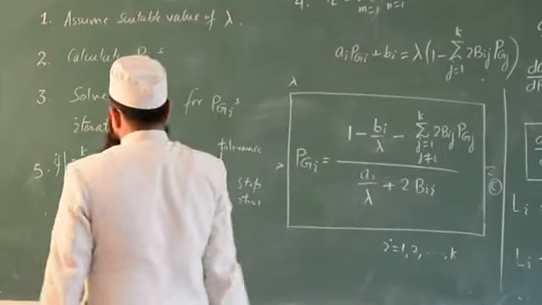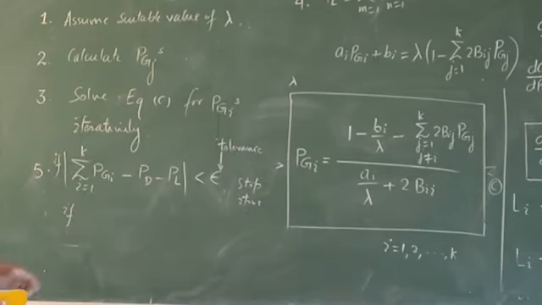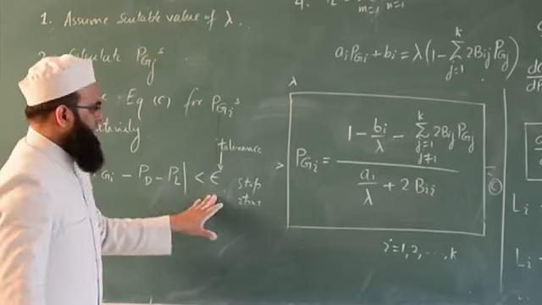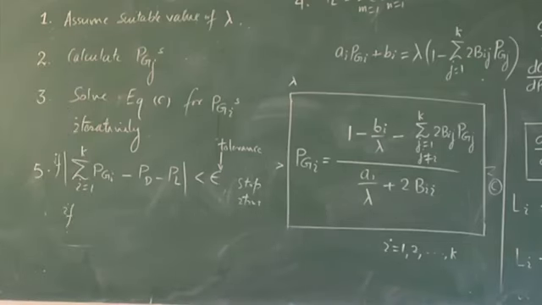So calculate PL. Once PL is calculated, PD is known, the total demand. So compare this. If this is within tolerance, stop iterations, else